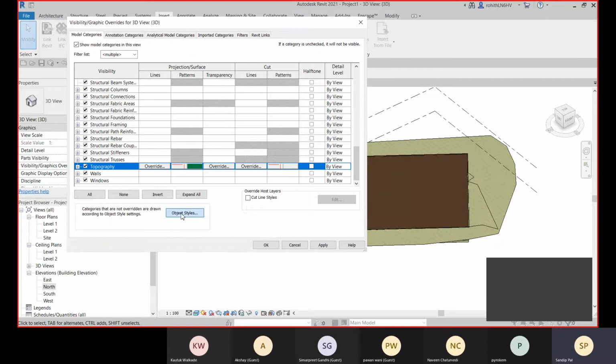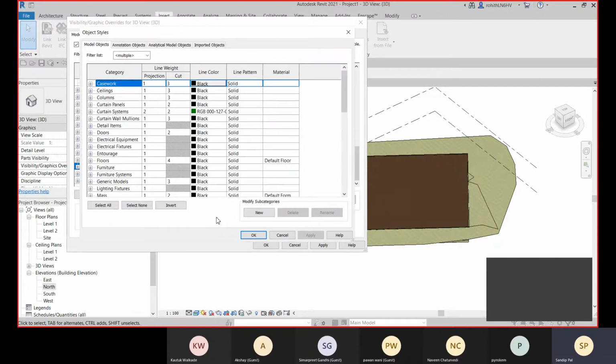All right, now you have the object style also. Here we have this object style. So each and every object has its own style, like the line type, line color, line pattern, the material, right? So we can change the original properties from here, from the object style.